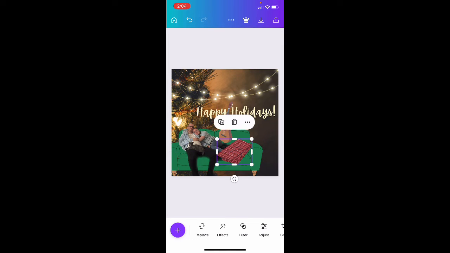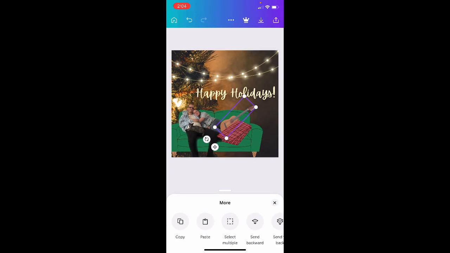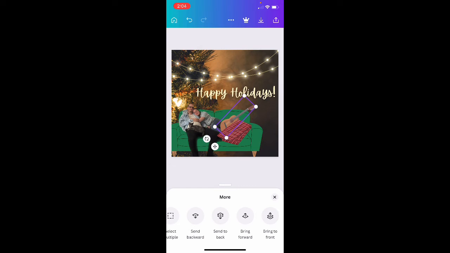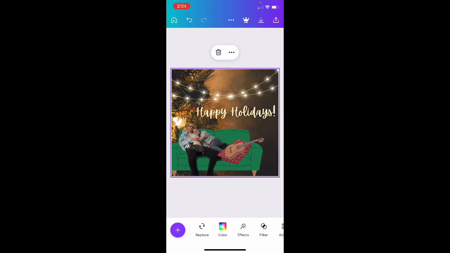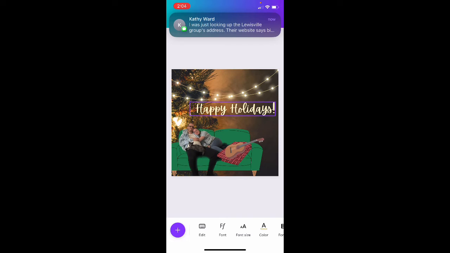And yeah, so I'm just kind of drag these around here, and can select this little rotate button and rotate that. Oops, I want that to be up front, in front of the blanket. So I'm going to bring forward. Perfect. All right. And yeah, that's pretty much how it's done. I can play with this to my heart's content until it feels right, but I'm just going to leave it